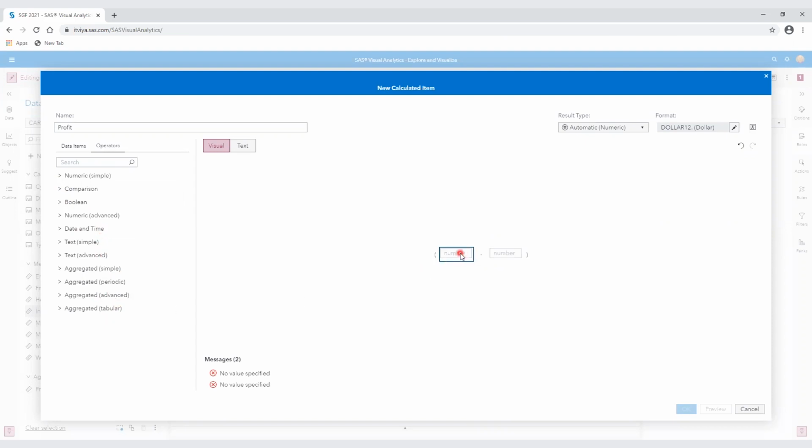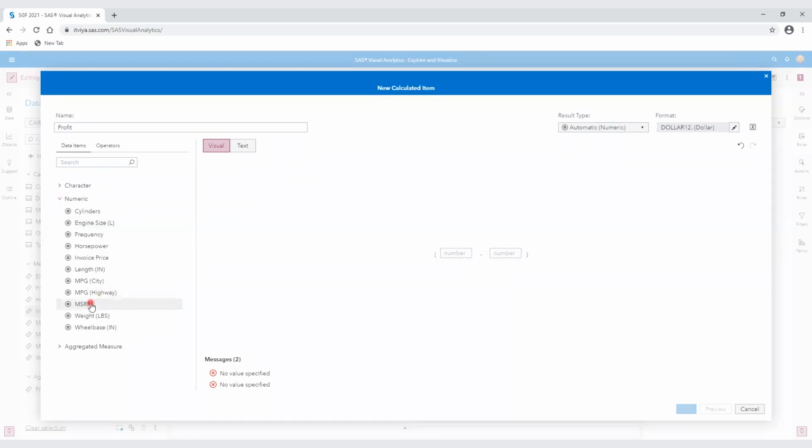But for now, this is going to be simple here. Just a straight subtraction. So I'm going to go to data items, and I'm going to expand numeric, and the profit is simply MSRP. So I'm going to drag that in here to be my X value, MSRP minus invoice price. So I'm going to drag that in here.